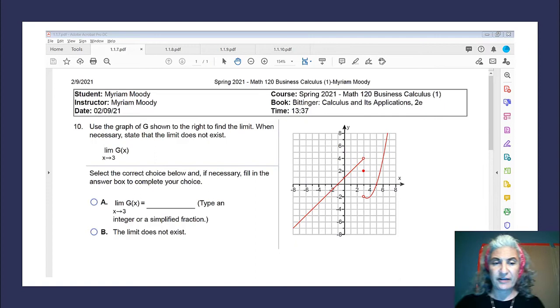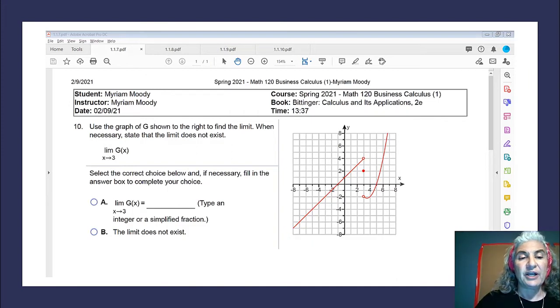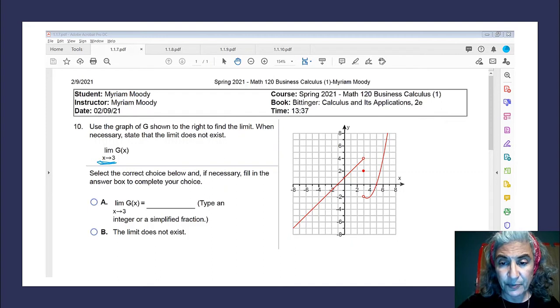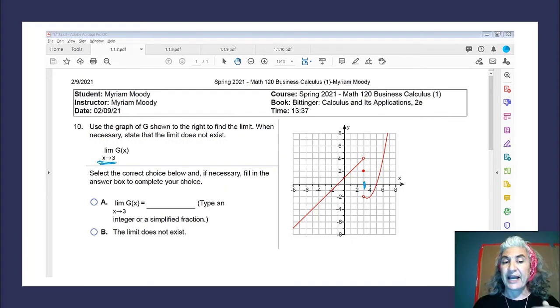Another interesting graph. Agreed? They're calling it capital G. Again, let's take a look. What are they looking for? They're looking for where x approaches 3. Well, 3, I should say, on the x's is right there, isn't it? Now, it didn't have a little plus sign or negative sign in that exponent of 3, which means I'm looking to see